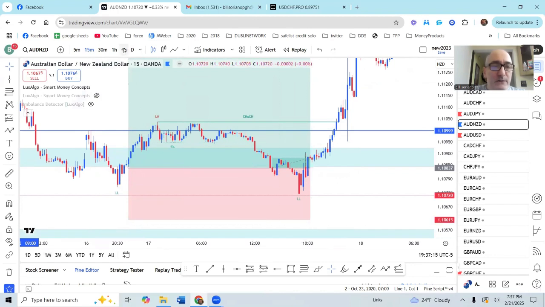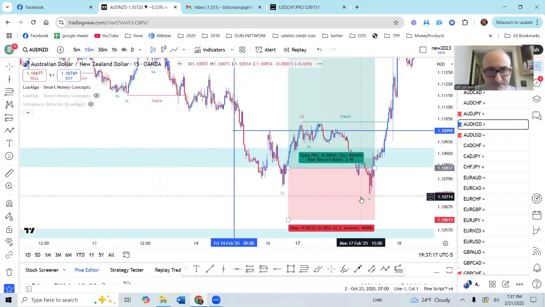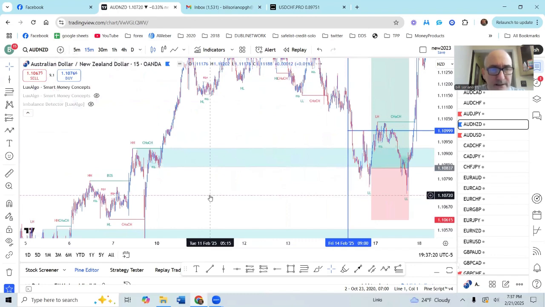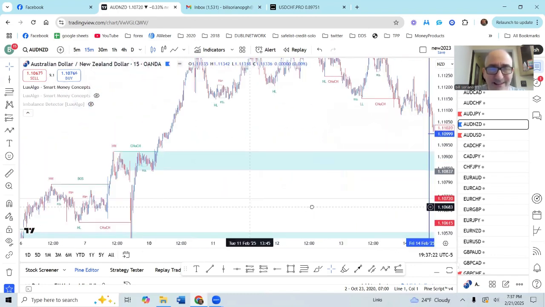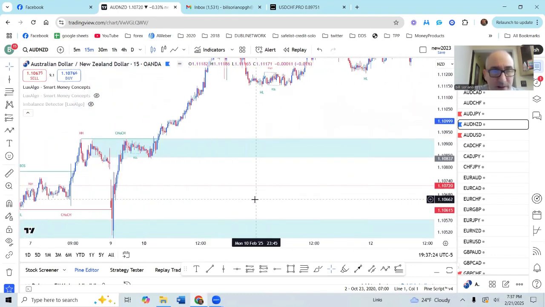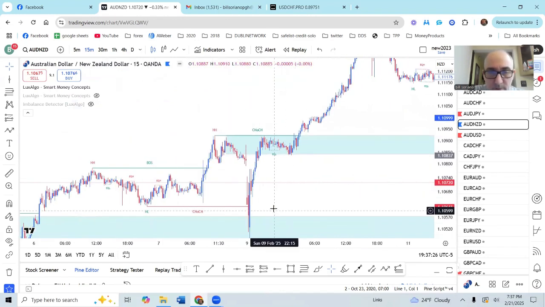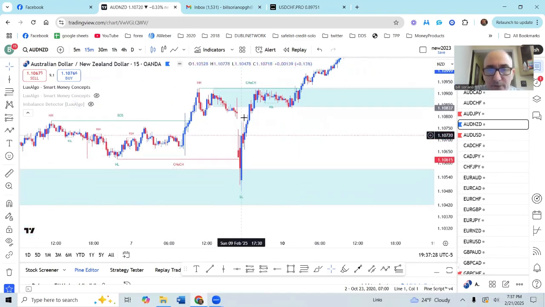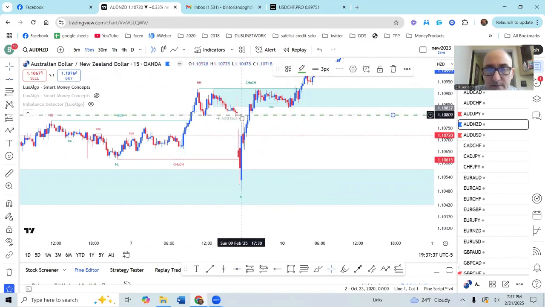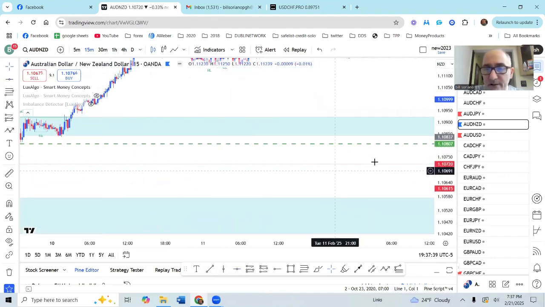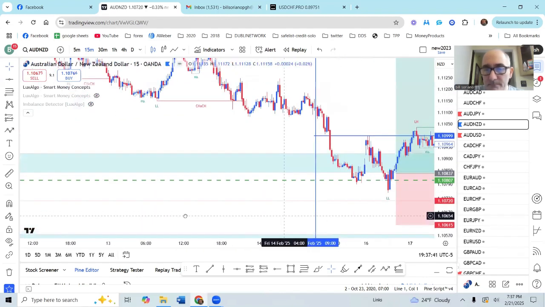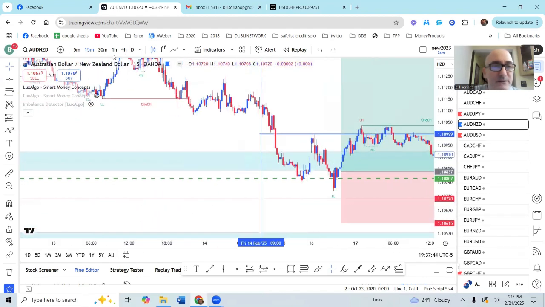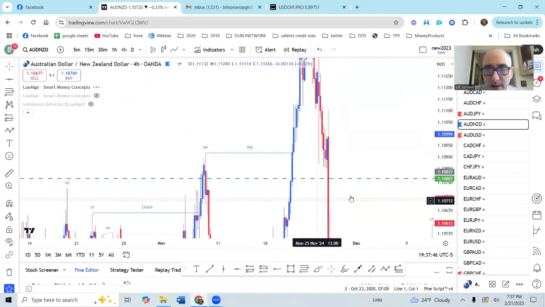And the reason why we determined that was, I think when we look to the left here, even on the 15-minute time frame, I don't think there was anything on the 15. There was a little bit of imbalance right down here below this. So there was that little bit of imbalance there, but that really wasn't what we were looking at. So we went to the 4-hour. When you go back to the 4-hour here,